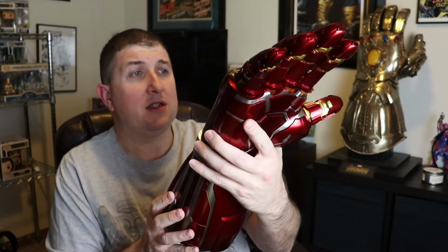But it looks nice. One thing I really did like about the Thanos Gauntlet, you can actually stick your hand in there to hold it. This one, unfortunately, is not an option for that. All you can do is slide it onto the base, but scale-wise, pretty darn accurate. I like this, and I've already